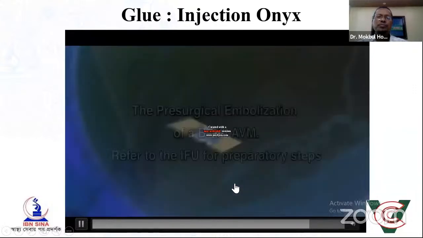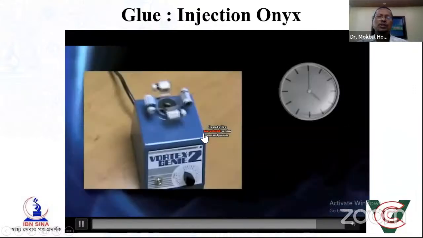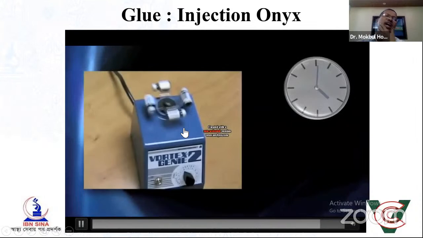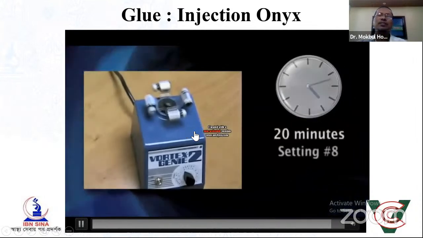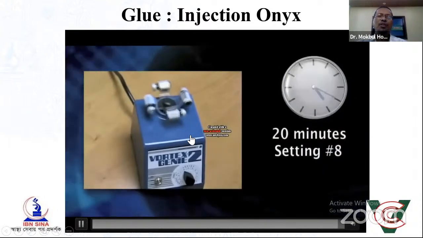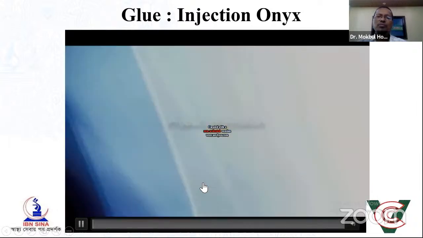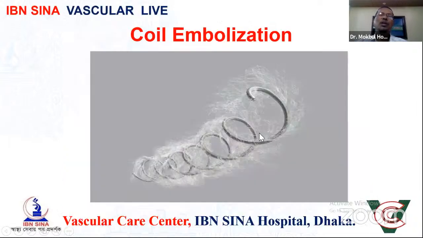Prior to injecting Onyx, load the Onyx mixer with vials of Onyx and shake for at least 20 minutes at a setting of 8. Continue mixing until you are ready for injection. So another